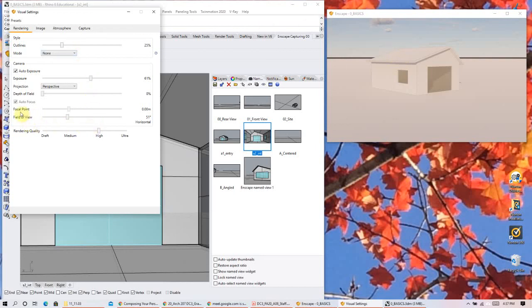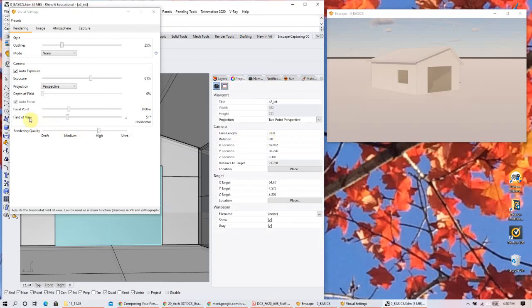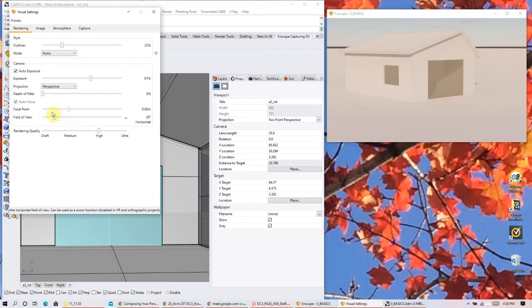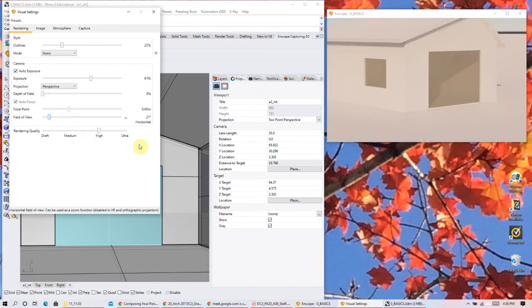Okay, so field of view is also key. This is going to be similar to if we go to our properties, if we go back to that lens length, this field of view does the same thing as this lens length. It's just the numbers are inverted. So this is actually telling you the angle of your lens. So if I zoom out, it's getting a wider and wider angle and pulling in more and more sight. Whereas if I zoom in, I'm making this angle smaller and smaller. Okay,